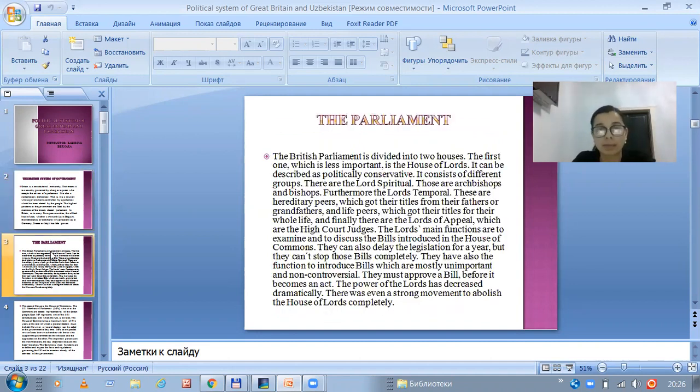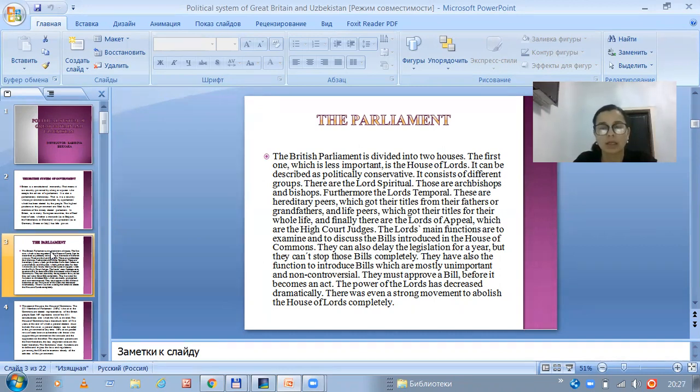The British Parliament is divided into two houses. The first one, which is less important, is the House of Lords. It can be described as politically conservative. It consists of different groups. There are the Lords Spiritual, those are archbishops and bishops, furthermore the Lords Temporal. These are hereditary peers. Hereditary peers means that when these peers